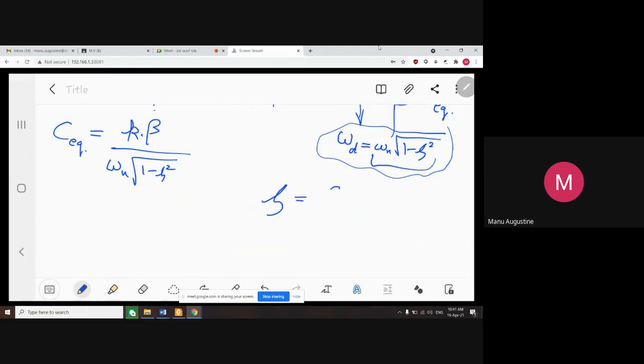This is equal to c upon c_c, लेकिन hysteretic damping में c तो होती नहीं है, so basically what you are talking about here is this c equivalent, ये जो c यहाँ पे ζ के expression में आती है, ये भी c equivalent है, और ये c_c जो है, इसमें equivalent लिखने की जरूरत ही नहीं है, क्योंकि c_c जो है this is already given by 2 root km, तो इसका एक्चुअली डैम्पिंग से कोई लेना देना है ही नहीं, तो इसको c_c रहने दो। तो कुल मिला के मैं ये कह सकता हूं कि this ζ is basically ζ equivalent। ठीक है, तो यहां पर भी एक इक्विवेलेंट लिख दो,